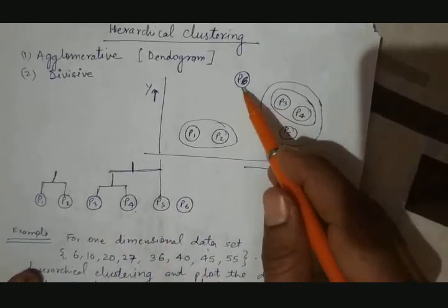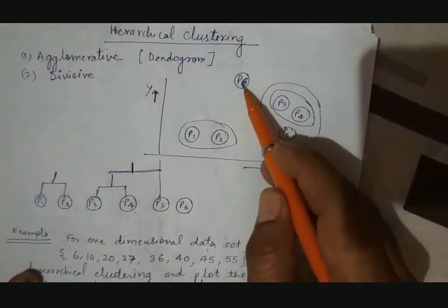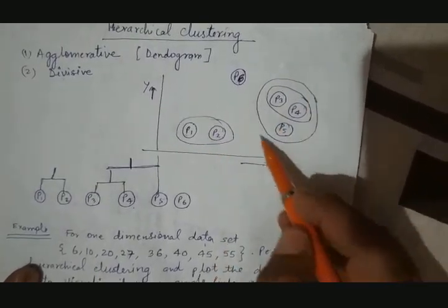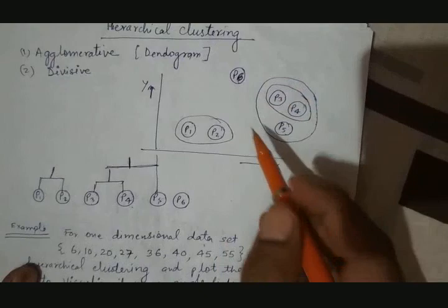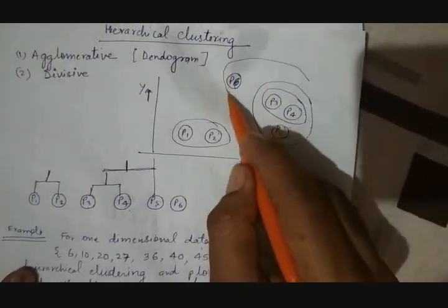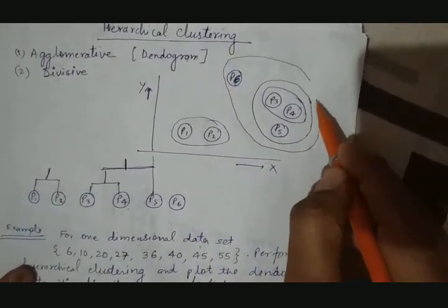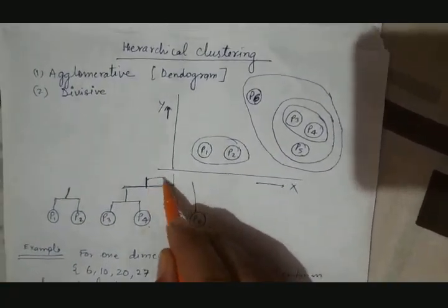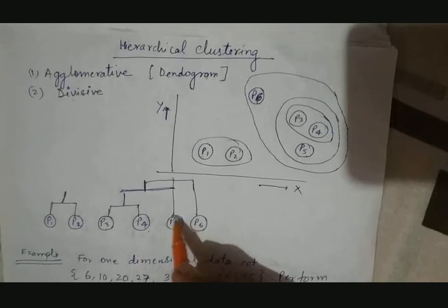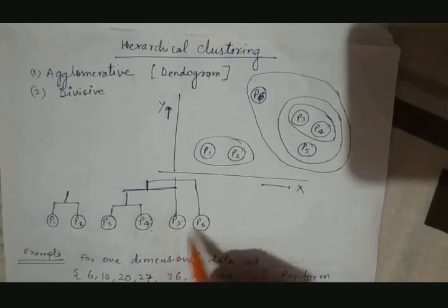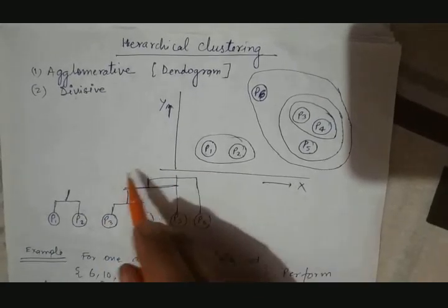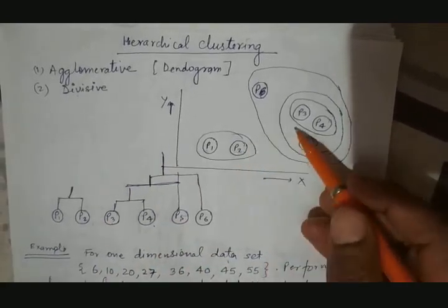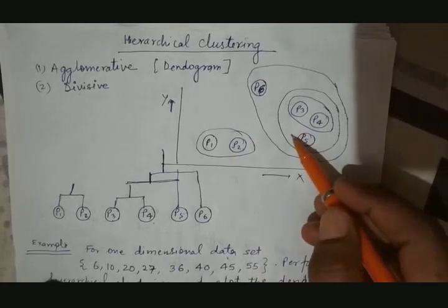Now just see here, P6. If we talk about P6, P6 is very near to this cluster. This is far away from the other cluster, but very near to this cluster. So now we can also combine this by forming another cluster over here. What we are doing here is again combining these two clusters: P3, P4, P5 is one cluster, and another cluster is P6. Now we are combining these two over here. Now finally we have two different clusters, cluster 1 and cluster 2.